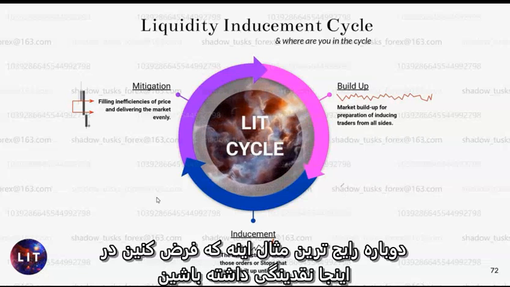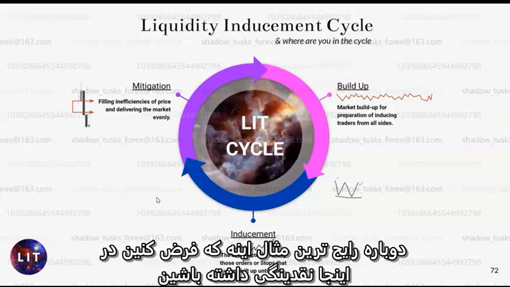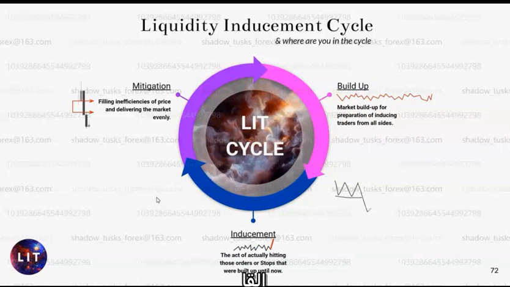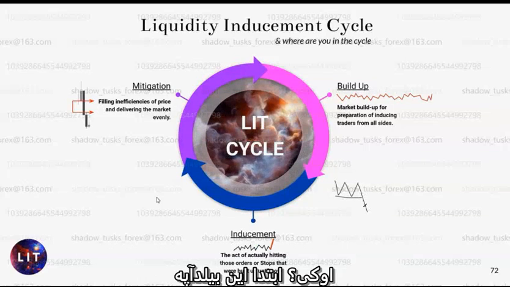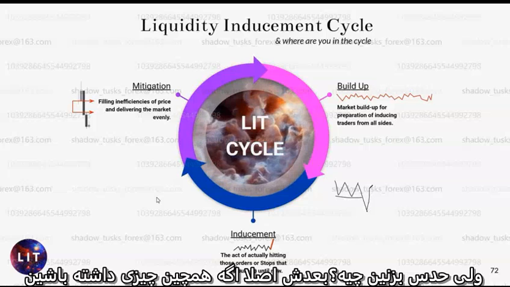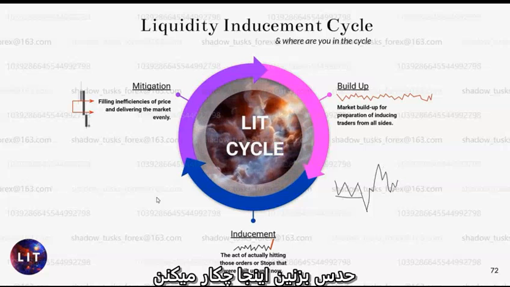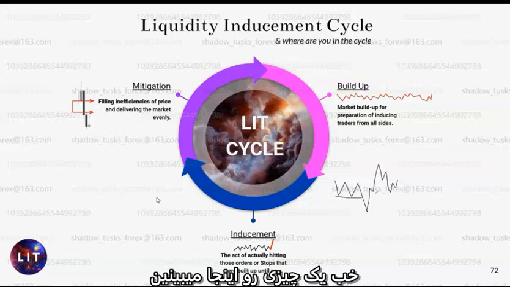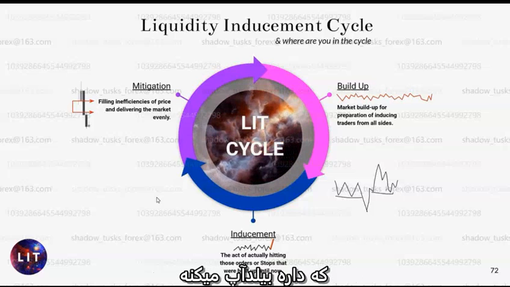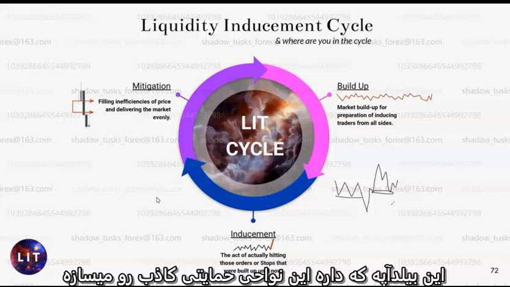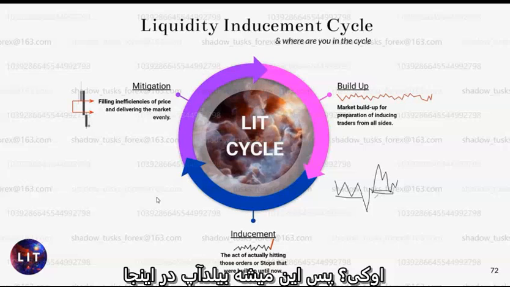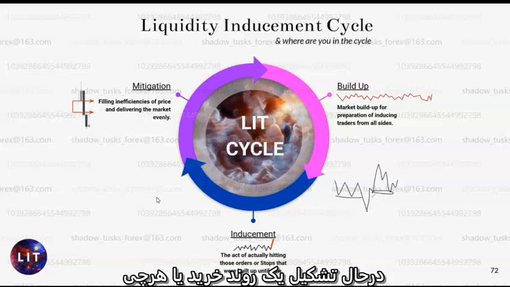Again, the most common example is, let's say you have like liquidity in here, inducement, right? So that's first of all the build up, but guess what? Then you have like whatever, let's call it something like this. That's what they're doing in here. So cycle goes now. So you see something in here is getting built up. That's the buildup of creating these false support areas whatsoever, right? So that's the buildup in here, already building like some sort of short buy trend whatsoever.